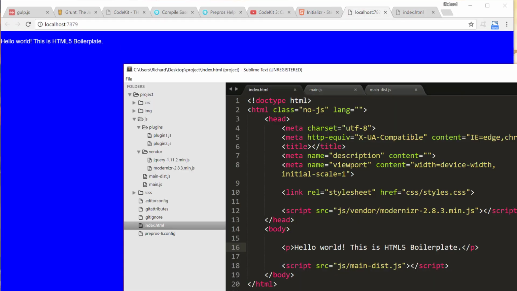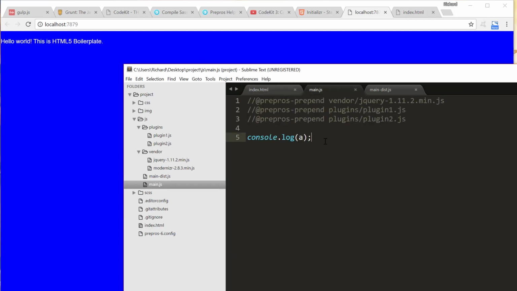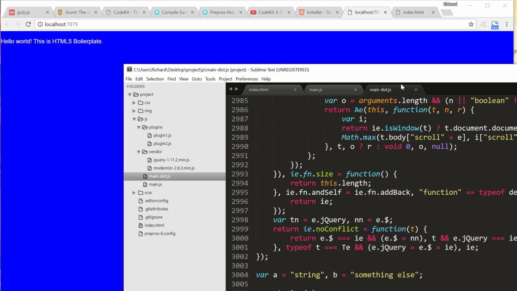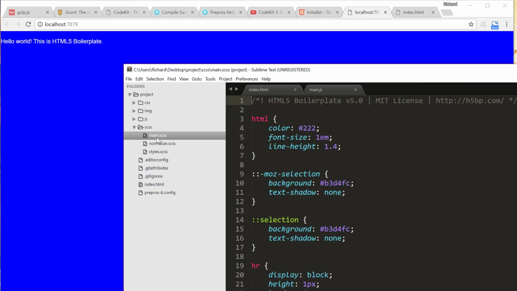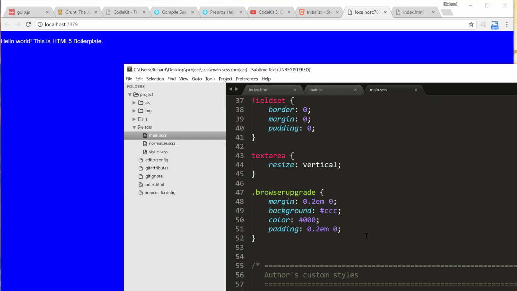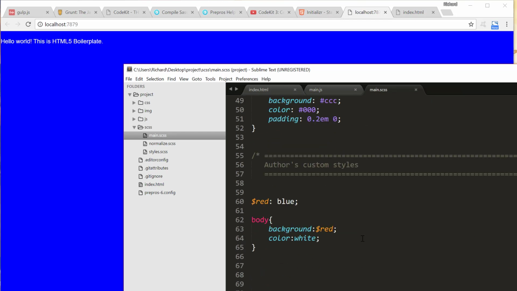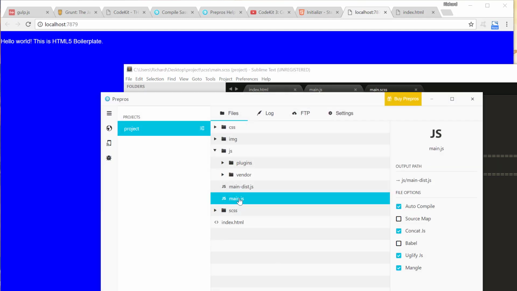And remember, because Prepros is in our project and we're working off the server, any changes that we do here with our JavaScript, any changes that we do inside our main.css for instance, everything is being watched. So anytime you hit that save button, Prepros will process it and it will save it for you automatically. You have options for all the files that are being combined. So there's main.js, you can auto compile it, you can concat, source map, you have all these options